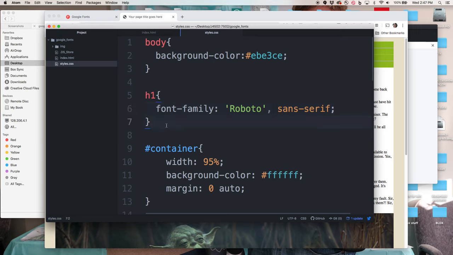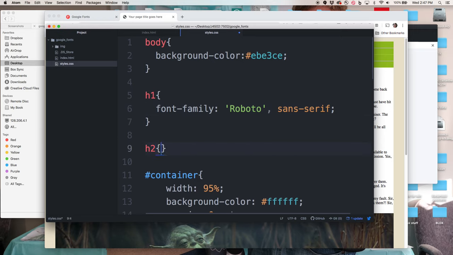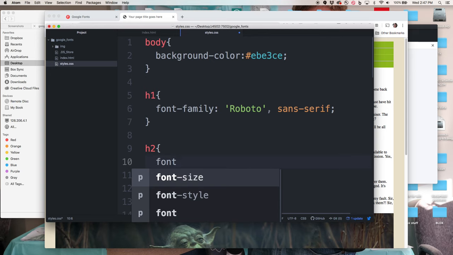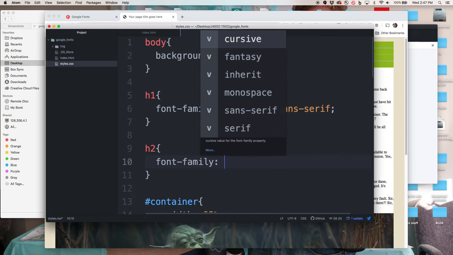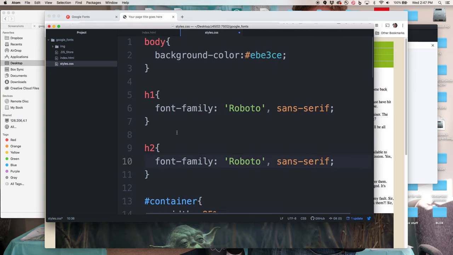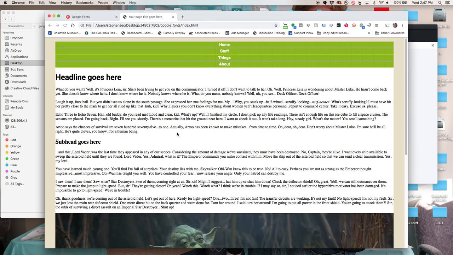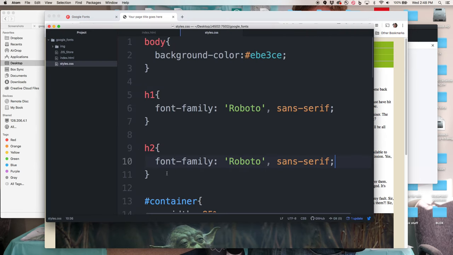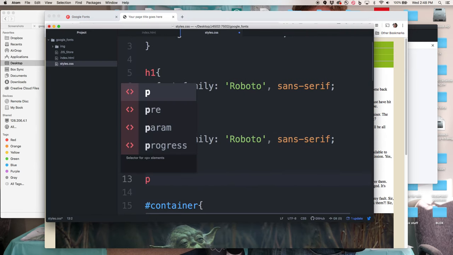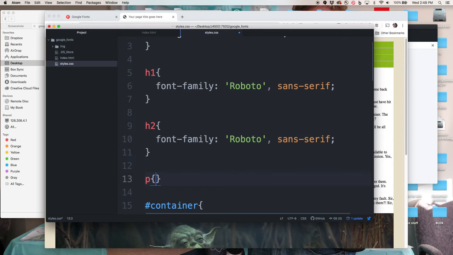Let's say that I want to do my H2 and I'm going to say font family and I'm going to put that Roboto back in there. And so look at what that is. Okay, so that is pretty standard. I'm going to actually change my paragraph so I can see the difference between the heavy and the light. So again,